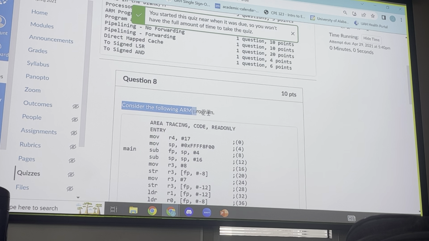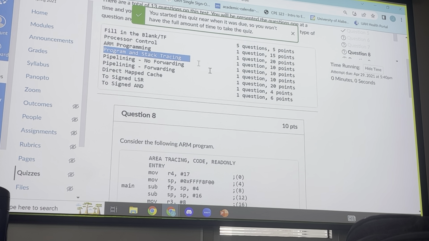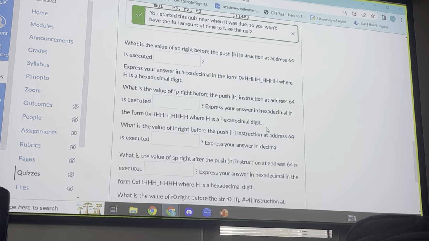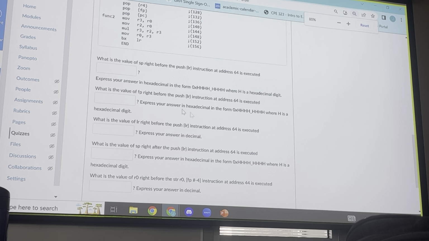This too. Get rid of this. What is this one? This is the stack tracing? That should be easy now, right? Oh, wait. Oh, I still want drop downs. These are numbers you need to put in. You could put numbers in a drop down. Show us how to do it? Show you how to do stack tracing again?